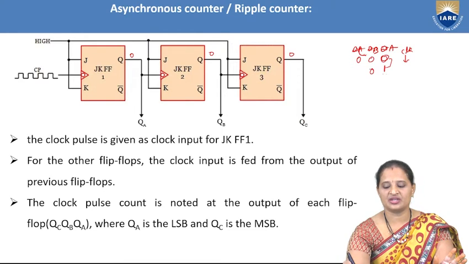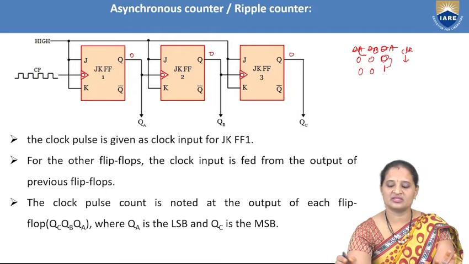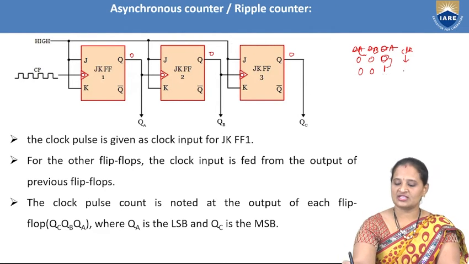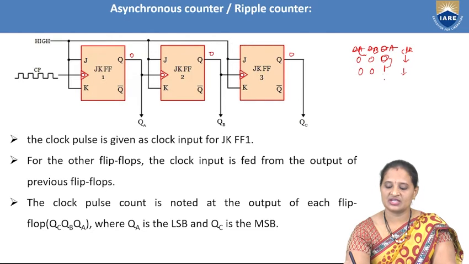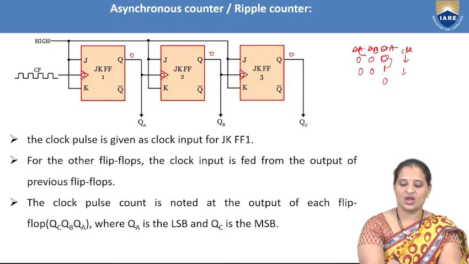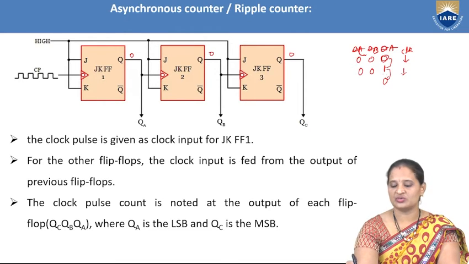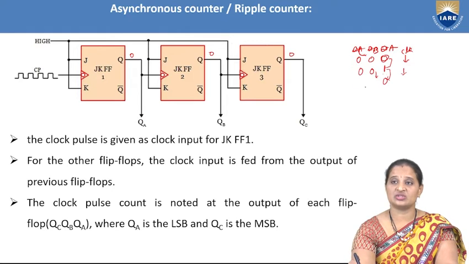Now what is the transition in the second flip-flop output? 0 to 0. Do we have a negative edge here? No. This is given as the clock to the third flip-flop. Again we have a 0 to 0 transition, so QC also remains in the same state. Now during the next negative edge, as we are connecting T to 1, again the next state is the complement of the present state. Now the output will change from 1 to 0, which is applied as a clock to the second flip-flop. So now we have a 1 to 0 transition here, which is considered a negative edge for the second clock. So now this will be toggled. So this is 1.